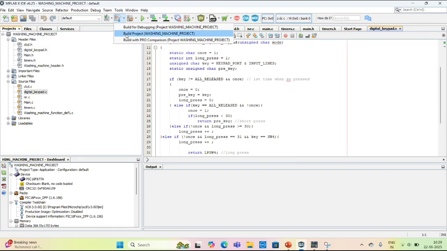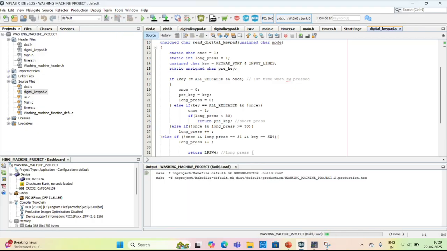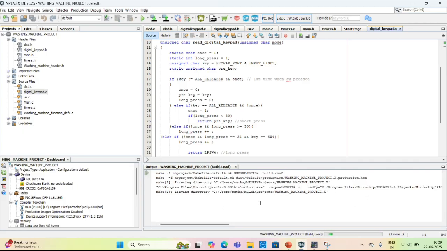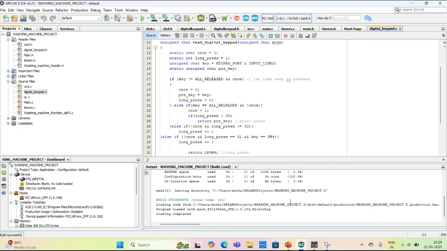Here we can build the washing machine project code, and it will give the hex file. I will show you here. You can see after building of this project, it is building. After building, it shows build successful, and it shows the path where the file is located. Here we can see the .hex file. Now, this is the hex file which we give in the